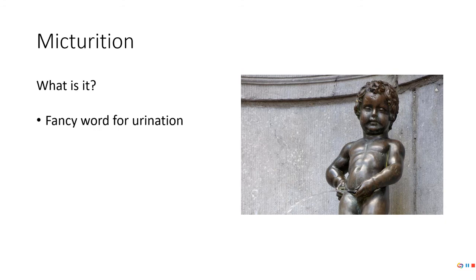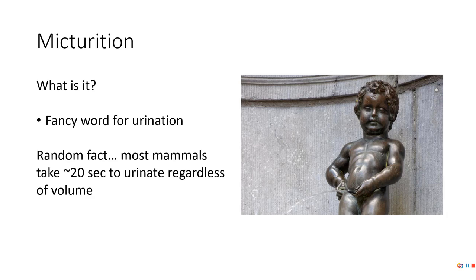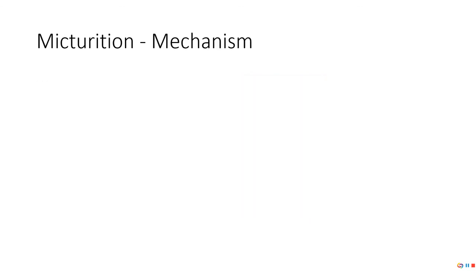All right, and so just because we're talking about it, did you know? Probably not, but most mammals take approximately 20 seconds to urinate regardless of volume. So think about that the next time you go to the bathroom. Doesn't matter if you're a horse, a dog, or a human. It takes about 20 seconds to urinate. And so I always ask, who was the lucky graduate student that got to measure how long it takes different animals to urinate? Sounds like a terrible, terrible job. Anyway,